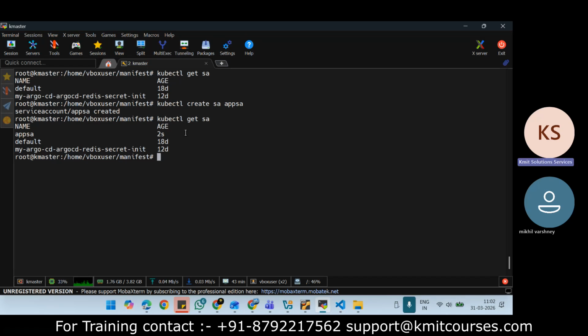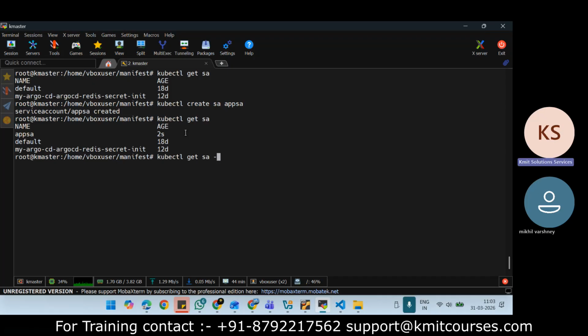And you want that if we use this service account, the one which I have created, it will have that permission to create that. Okay, so that can be possible if you give some roles and bind those roles to the service account. Okay, so it will make more sense when I just show you the example. Okay, so let me just do one thing, kubectl delete, and actually you can create by using